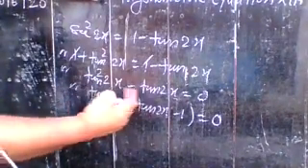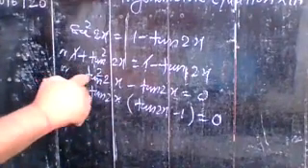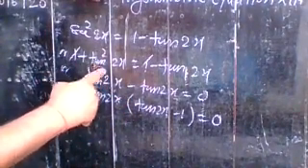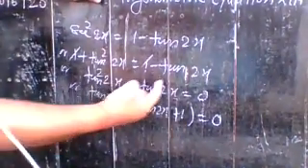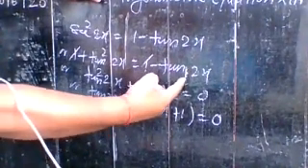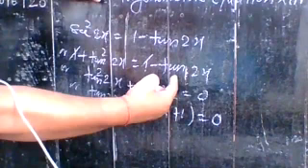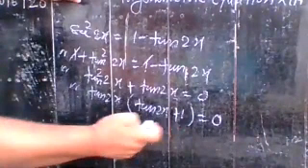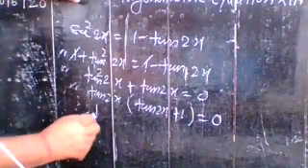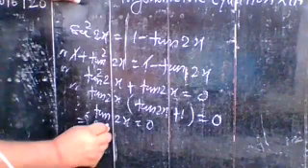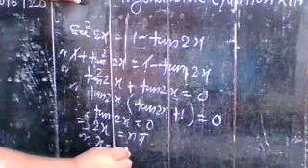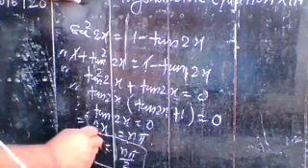That's why here I transferred minus tan 2x to the left side, and taking tan 2x common, in this way you have it in the form of factors. So their product is 0. Now applying the possibilities, tan 2x is equal to 0. This implies 2x is equal to n pi, or x is equal to n pi by 2. So in this way, you have one of the solutions.